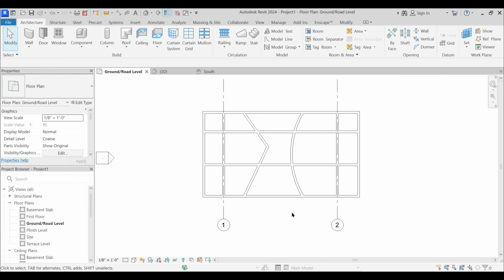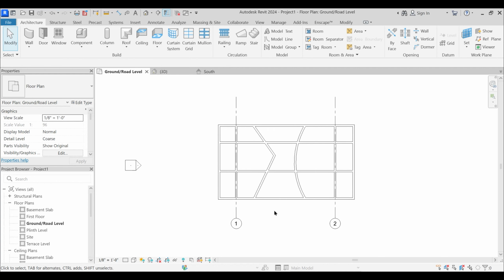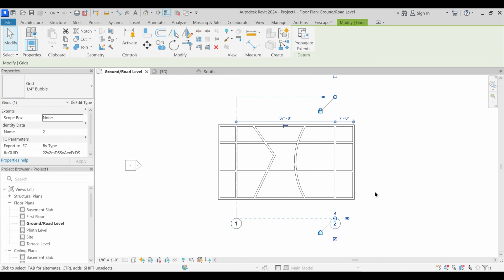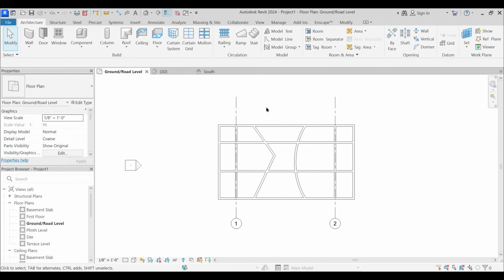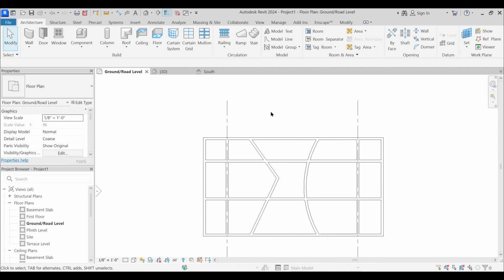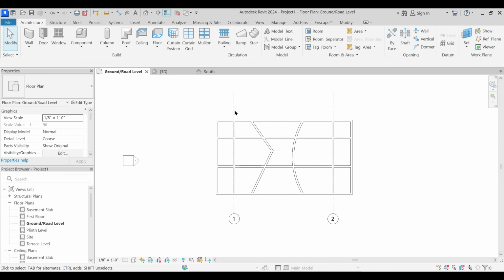So I will just drop these two grid lines. So now I want someone to tell me what these lines are. I want interaction from your side. Anyone can reply. Very good. Yes, very good. So these grid lines are the center line or face line,